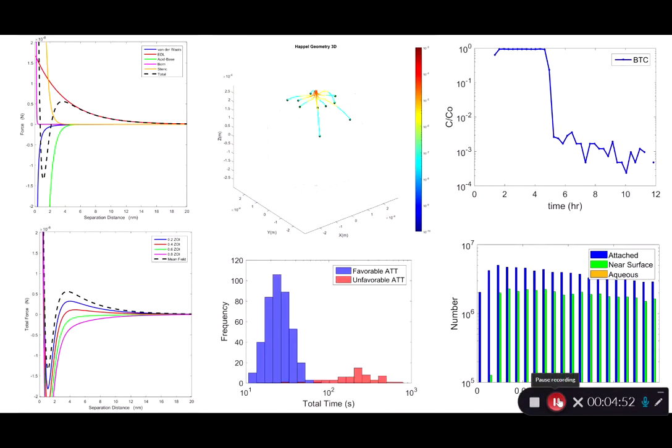With those trajectories, the model obtains, in the upscaling mode, the residence time distributions of colloids before attachment on the collector under favorable versus unfavorable conditions, and also outcomes. Where do the colloids end up? Do they exit? Do they attach? Do they accumulate in the rear flow stagnation zone? Those kinds of attributes. And from those residence times and from those outcomes, the continuum scale rate coefficients are derived